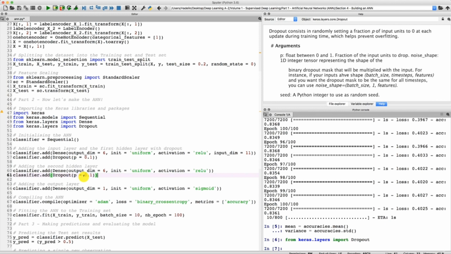And now we're going to get to the fun part, which is parameter tuning. This is going to be the real deal about improving your model's performance, because basically we're going to tune our model and find the best hyperparameters, like the best number of epochs, the best batch size, the best optimizer, so that we get the best artificial neural network that will allow us to reach that 86% accuracy and make our challenge successful. That's exactly what we're going to do in the next tutorial, and until then,